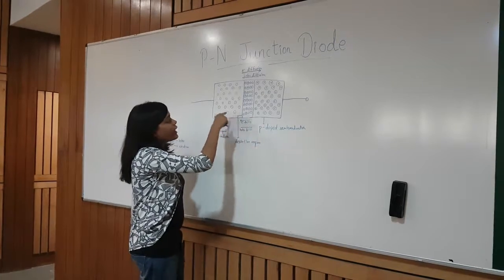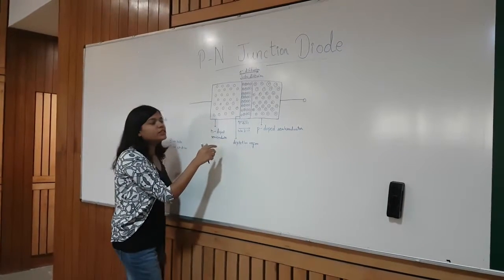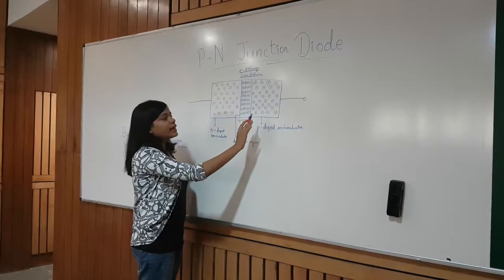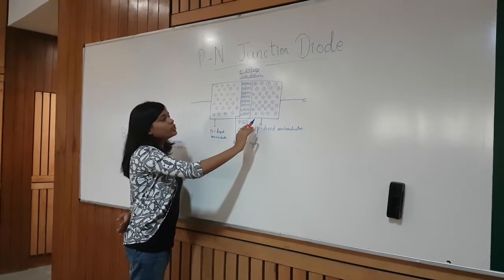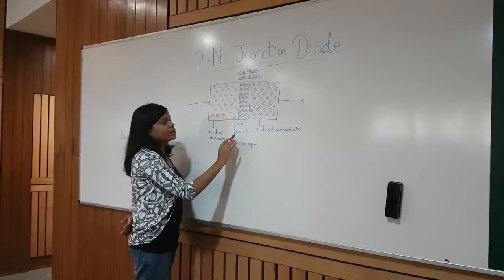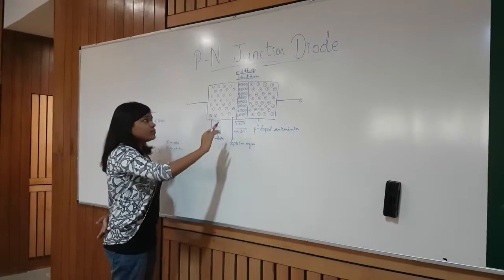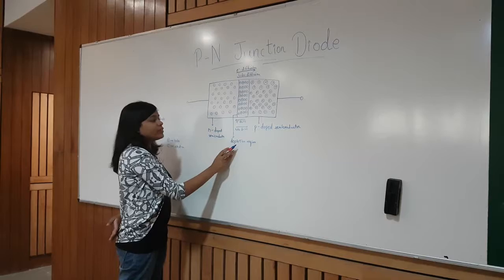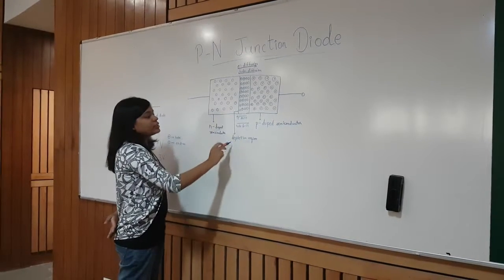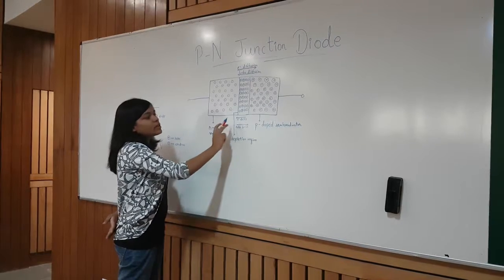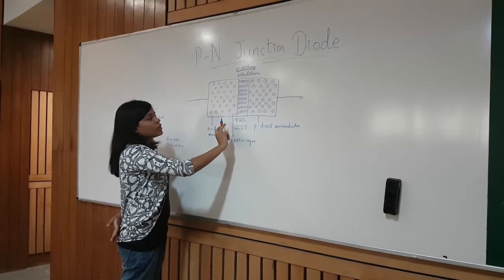After some time, the N-doped side becomes positively charged and the P side becomes negatively charged, due to which an electric field is formed, due to which a reverse drift current is formed. When the diffusion current and the drift current become equal, a depletion region is formed which has a barrier potential